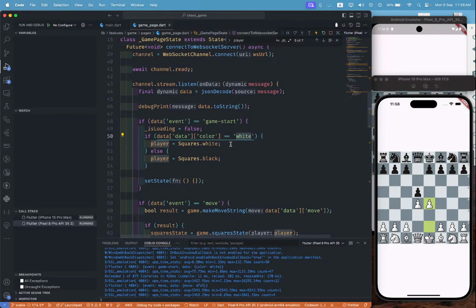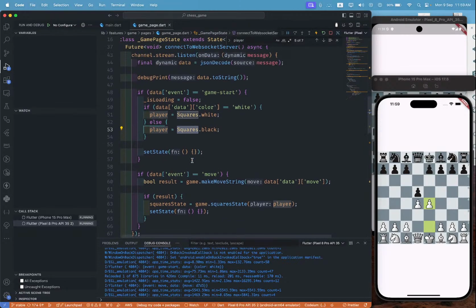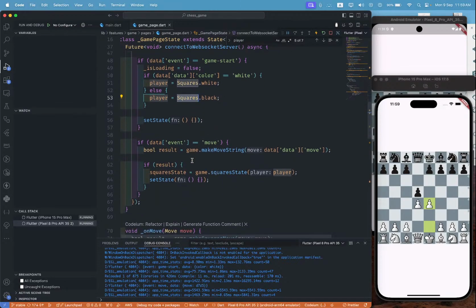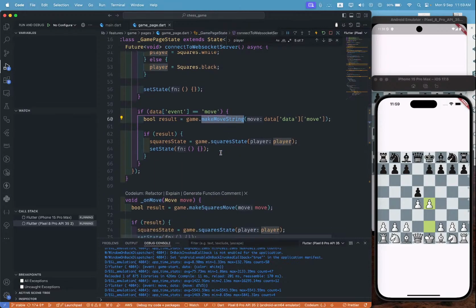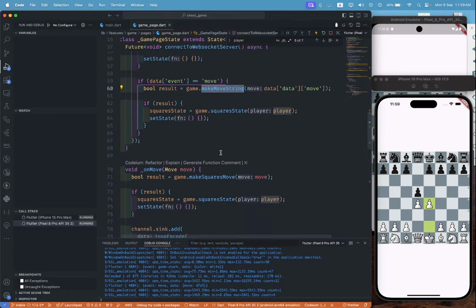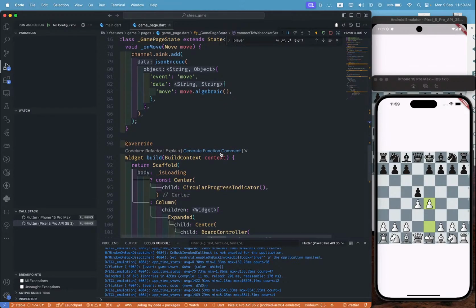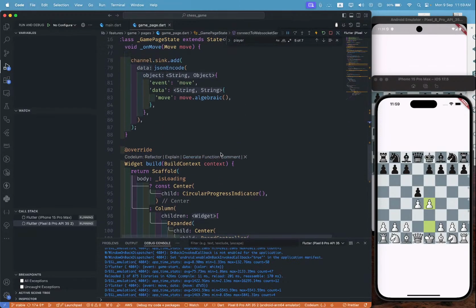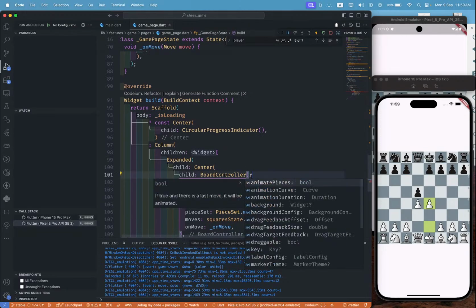If the color is white, then player is squares.white, otherwise player is squares.black. Cool. And after that, when I'm receiving a move event, then the result is game. If there's any rotate code,